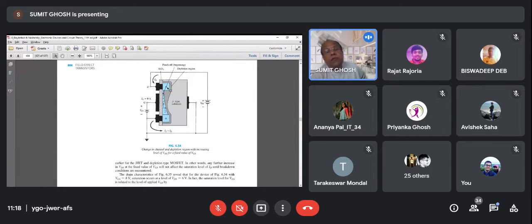Whereas this is 2 volts on the N type and 0 volt on the P type. All this material is at 0 volt because the substrate is connected to 0 volts. This source is connected to 0 volts, but the drain is not connected to 0 volt. Drain is connected to say 2 volts. Say it is VDS, say 2 volts. So this N channel is at plus 2 volts and the P channel at 0 volts. So there is what type of bias junction?